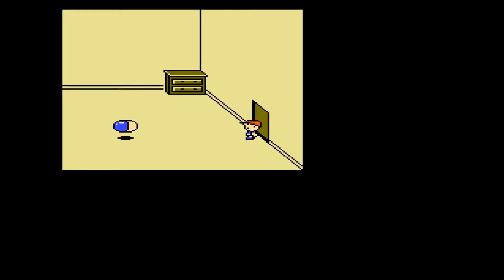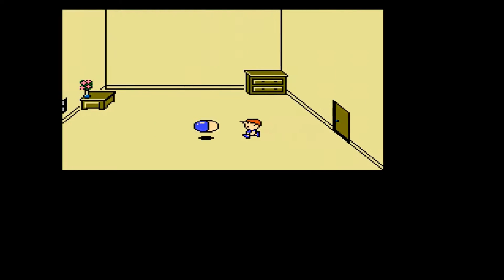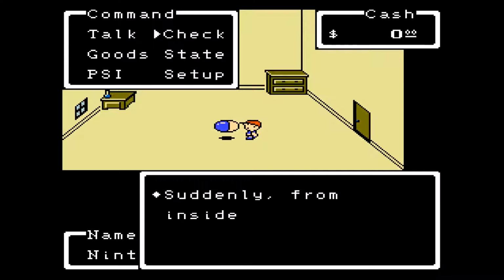Alright. This is your last warning. Get the freaking Franklin badge, otherwise you're going to have a problem. Suddenly, from inside of the capsule,